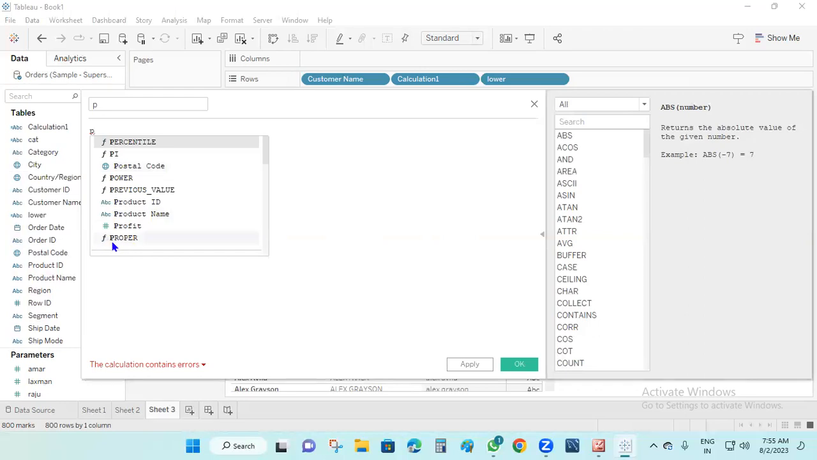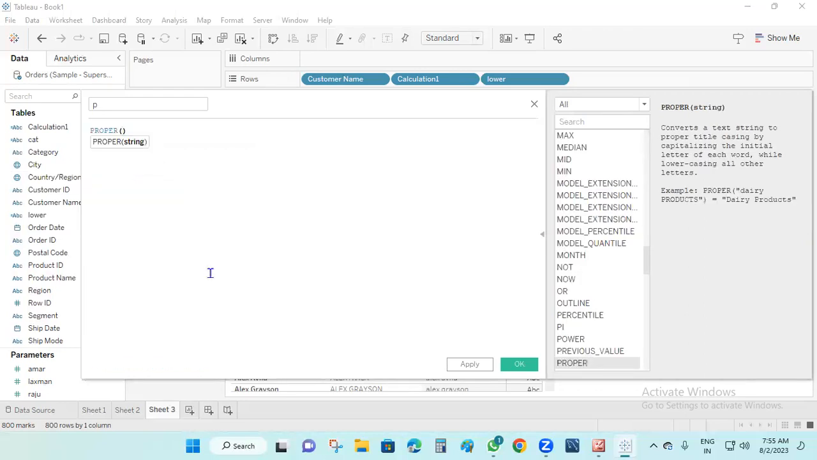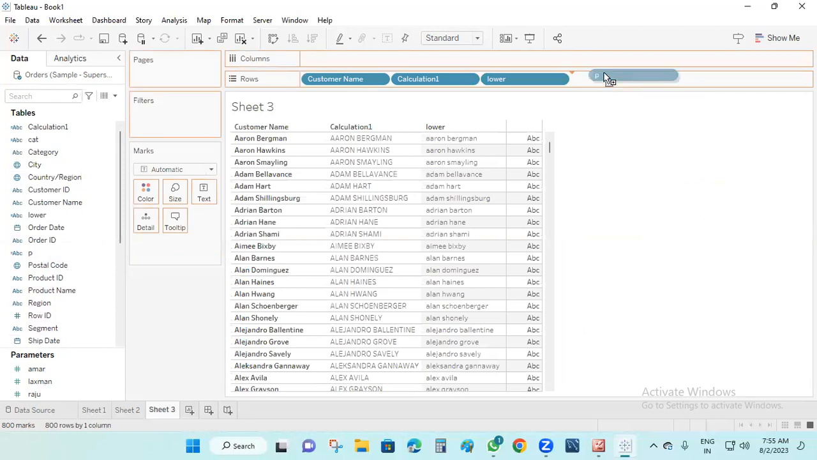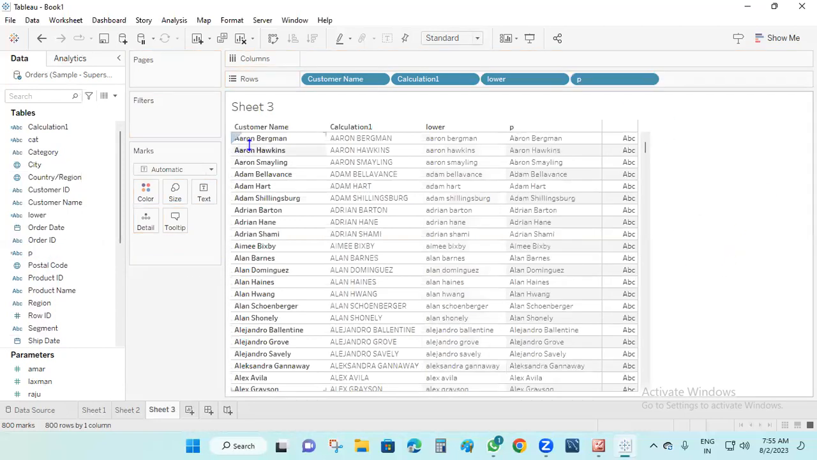So now I'm going to apply the function here. So proper, see the proper, give the name customer name. Okay, the string name is customer name. See, apply. What happened here? Drag and drop the P here, click here. See what happened here? See, R1 Bergman is the same as R1 Max. Okay, they start with a capital A letter. So here it's entirely capital letters, and here entirely small letters. So based on this you can create the calculation. Okay, I hope you can understand what the calculation is. Now we are going to